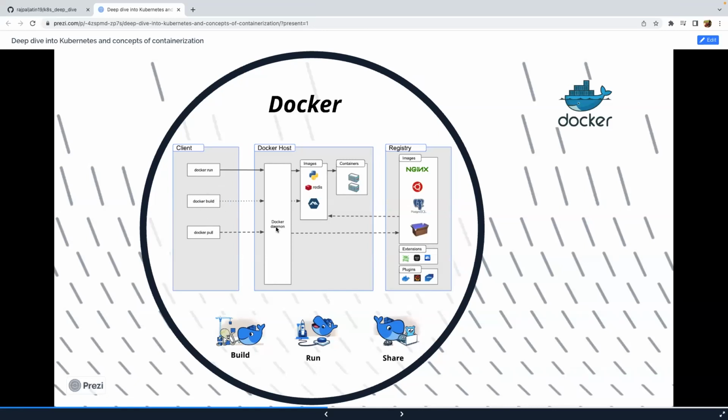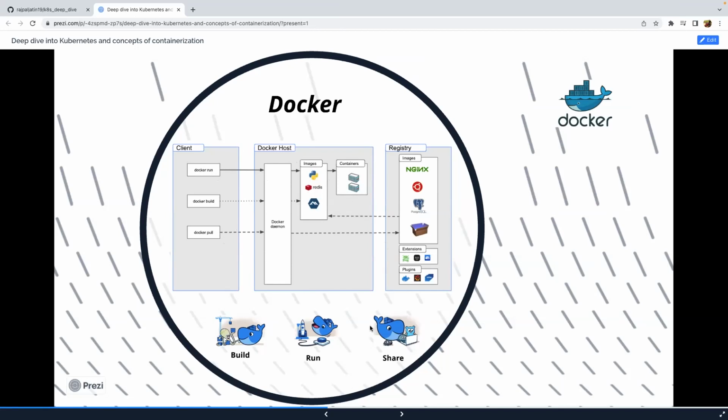Once we are able to build, it creates an image, and everything is honored by this daemon. So this daemon is on the Docker host, the server where your Docker is running, and this will basically honor your commands and will create an image out of it. And with your image, you should be able to do your Docker run, and then Docker run using your image will create the containers. That's how it is. So once your containers are created, your application is all live. You're able to run your applications on those containers. And that's where I think the run part is complete. So build part we've done here, run part we've run here.